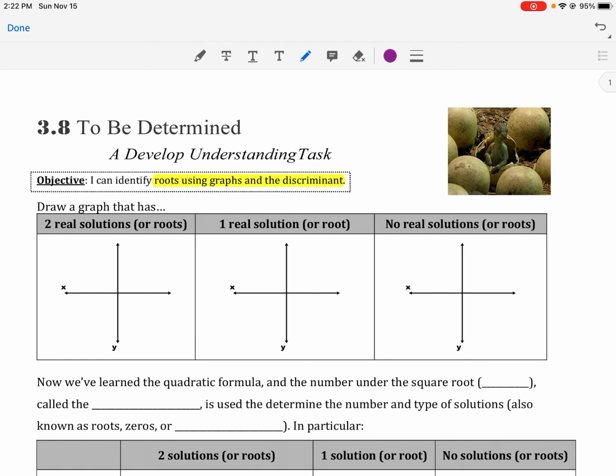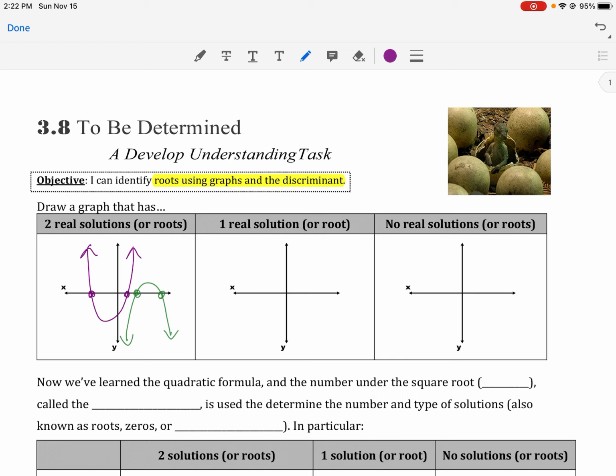When we say, draw a graph that has two real solutions or roots, we're saying we want it to have two x-intercepts. So you could have a graph like this. It could even be a parabola that opens down. As long as it crosses twice, then it has two solutions. There's lots of different options. Those are definitely not the only two, but notice it's going to be that U shape that crosses over the